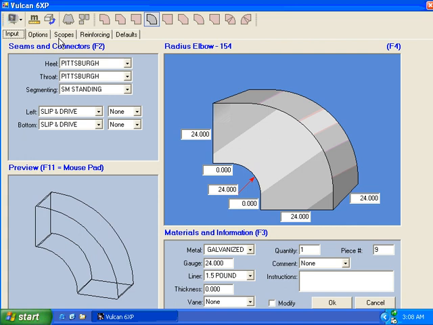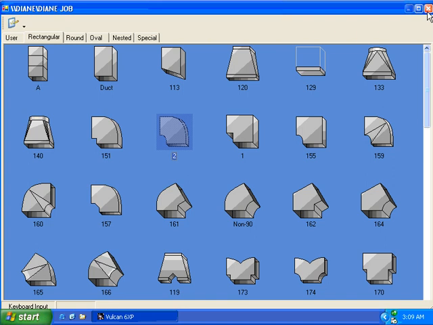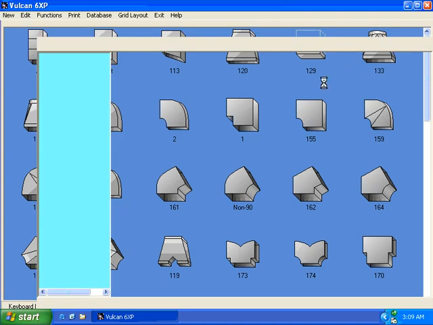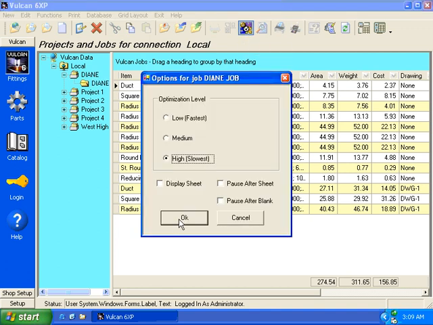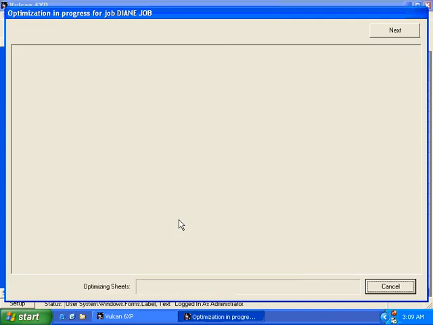So you can select a scope on an individual basis, or you can select the scope on this individual basis and all subsequent ones that will come up to that point until you change them again. So that's how you add different scopes. Once you're finished entering all the fittings that you want for a job, you'll say OK to that and exit out of Input. Now we're going to come back to the main screen, and again we're ready to process the job. Once we process the job, then at that point we can